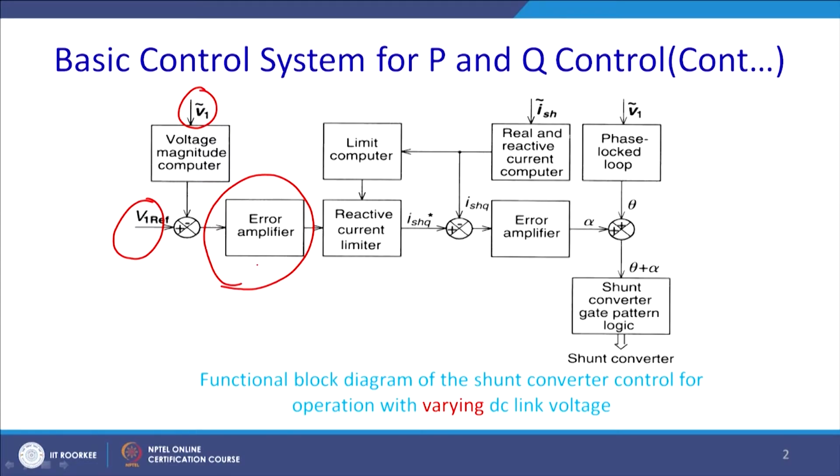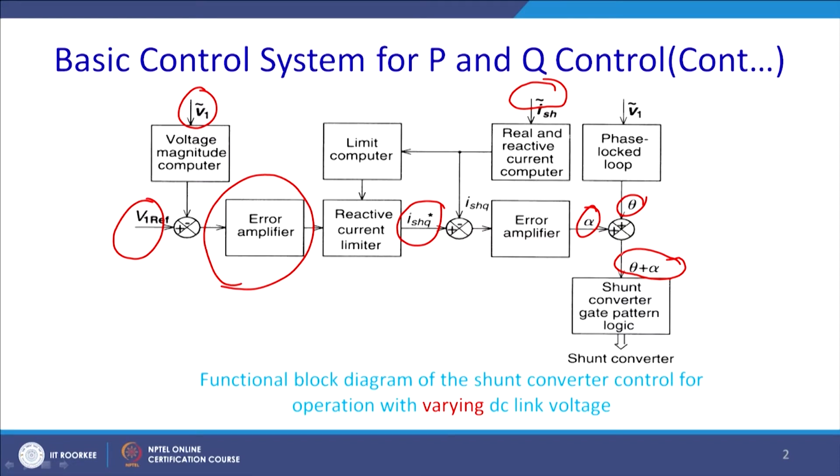So, you have a power amplifier, and from there you will compute the ISHQ limit. That is the shunt compensation limit, and thus from the error amplifier PI controller you will get an alpha. And again, from the PLL you will generate theta. So, you will sense the actual ISH that you are trying to inject, and you will have a limiting computer, because if it is very high it should restrict it, and that will be subtracted from the ISHQ, and with this subtraction I alpha will be generated, and it will be fed to the